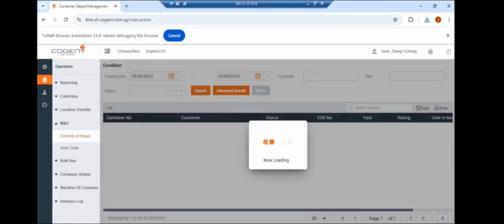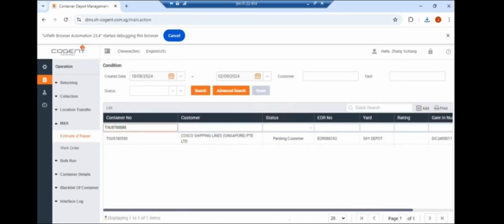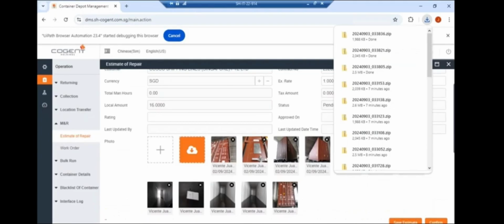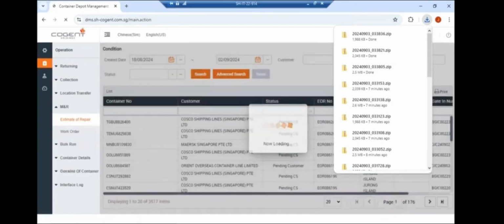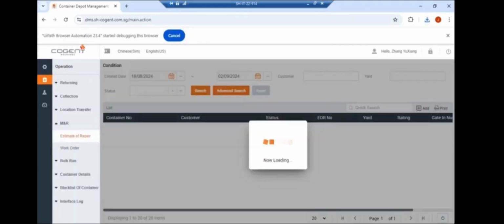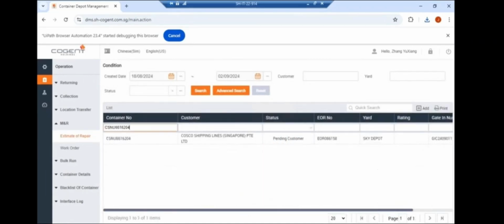next container. Time delays have been programmed due to the dynamic nature of data downloading and latency of the depot management system. These time delays allow the bot to smoothly transition from page to page and in between mouse clicks. The bot is coded to iterate through the list of container numbers, and the next container number is similarly input